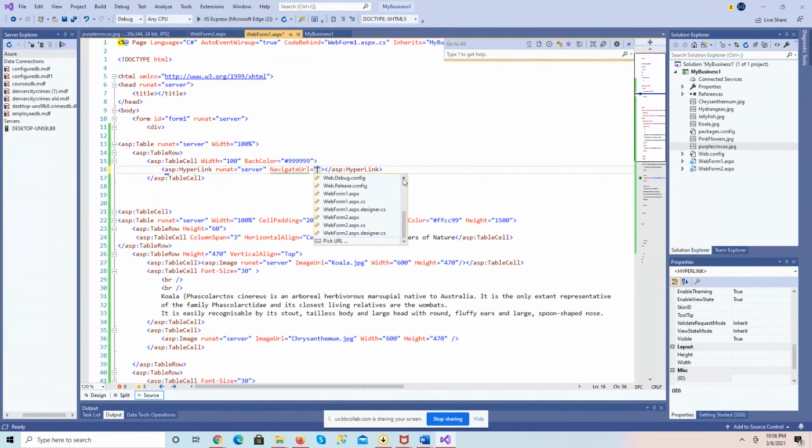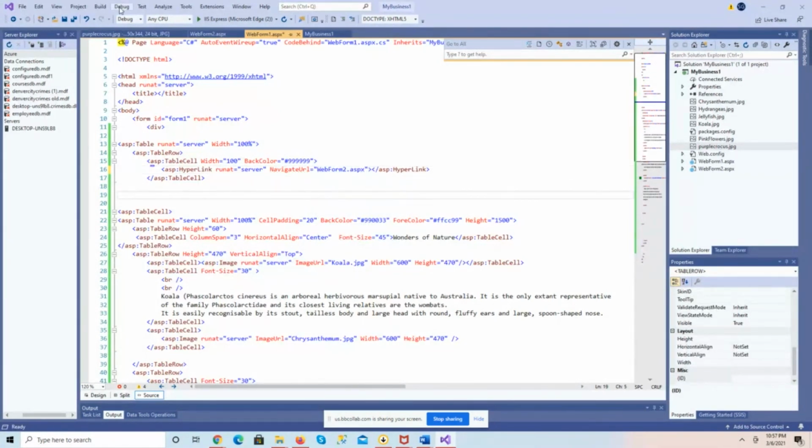So the web page that we want to get to was web form 2. So we have a web form 1, and then we also have web form 2. So that was the second web page that we put in here. So just use web form 2, get rid of the slash and the tilde, and there you have it. So now if you run this,